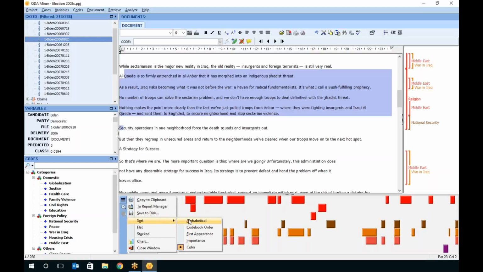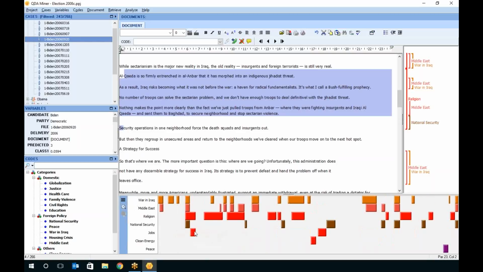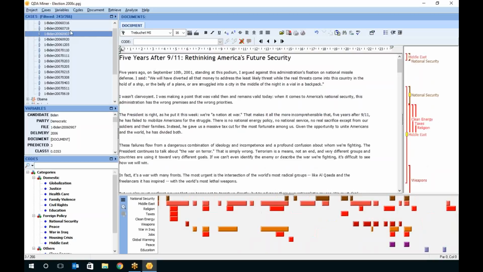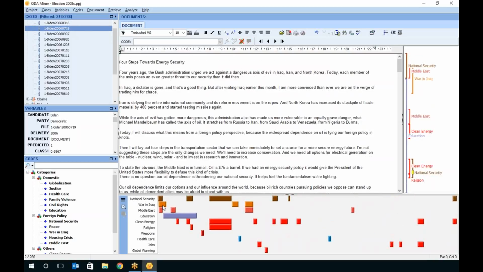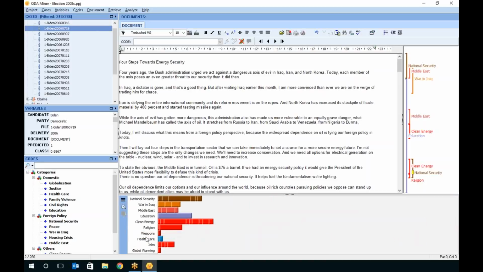I could sort that by alphabetical order if I want, or by codebook order. First appearance will actually show me items, and in some cases it will show me how topics get introduced. So the first one will be the first one that appears, then the second one, third one, etc. But I can also stack those so that it will actually show me a quick overview of